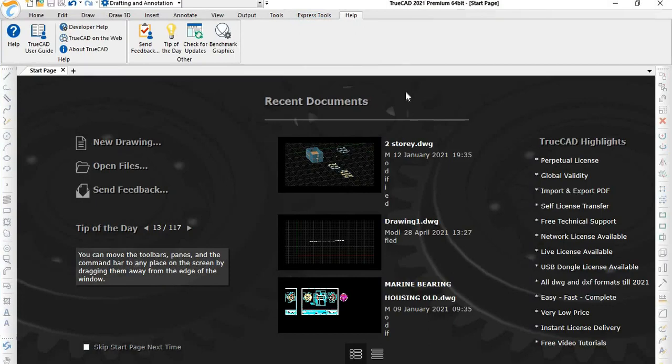This is our start page where you can have new drawing, open files, send feedback, tip of the day, and the recent documents which you have opened. And the TrueCAD highlights: perpetual license, global validity, import and export PDF options, self-license transfer, free technical support, and